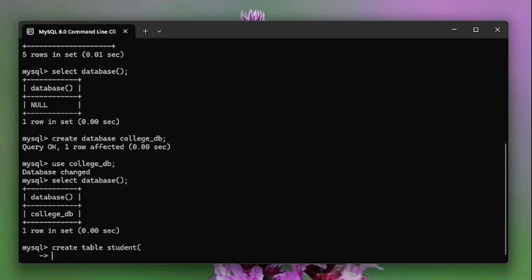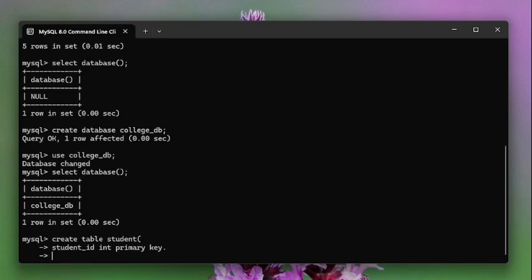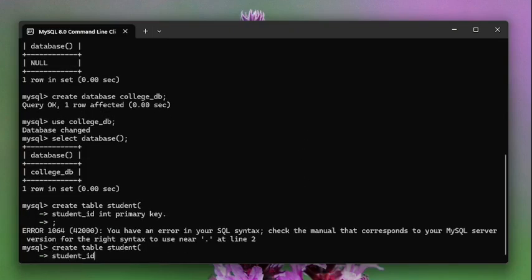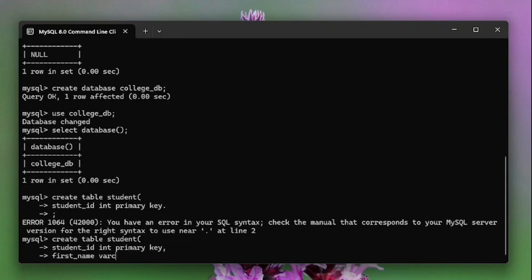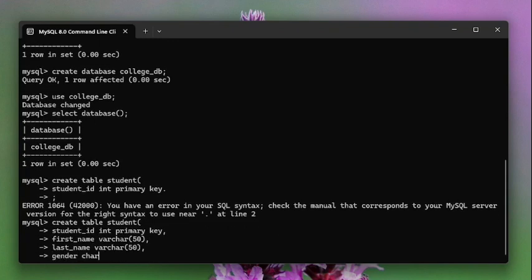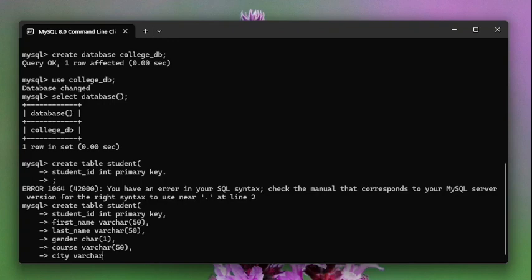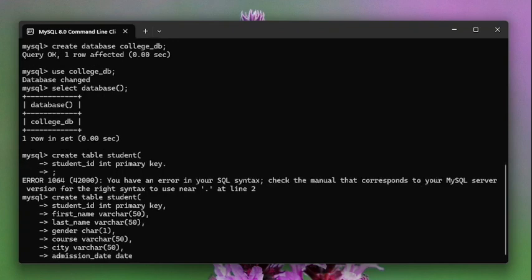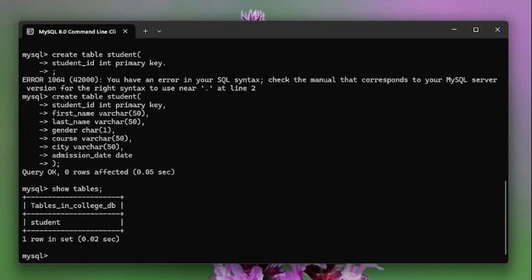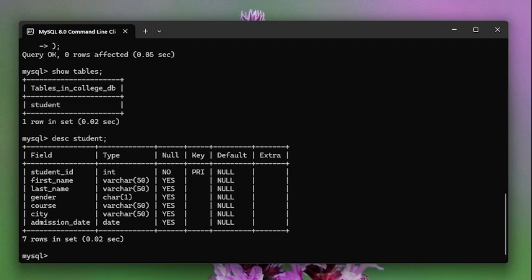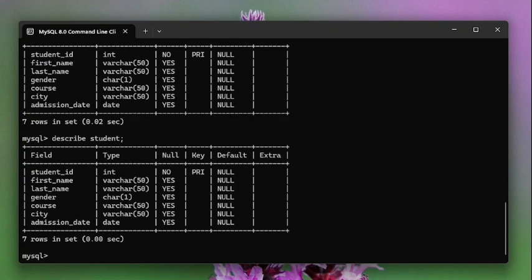Do you want to learn MySQL from scratch? In this video, I will show you how to create a database, create a table and insert a record step by step. No confusing theory, no unnecessary details, just practical learning. By the end of this video, you will have your first working MySQL database and the confidence to do it